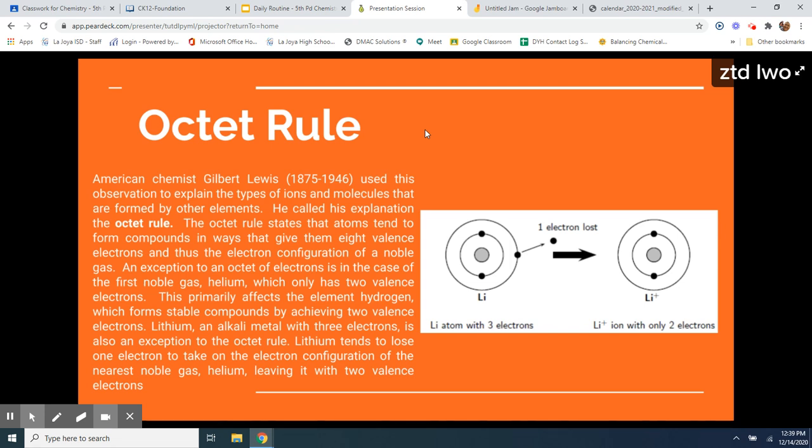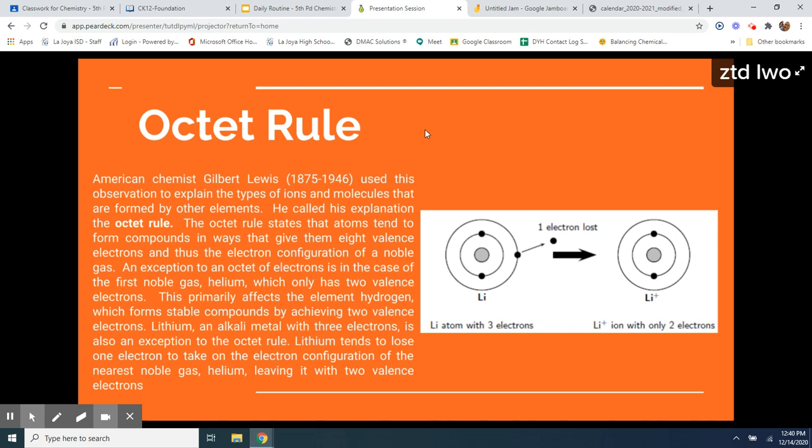Hydrogen and helium don't follow the octet rule because they can't fit that many. They only have energy level number 1, which can only hold 2 electrons. They follow what's known as the duet rule, okay? And this affects another element, lithium. Lithium, an alkali metal with 3 electrons, is also an exception to the octet rule. Lithium tends to lose 1 electron to take on the electron configuration of the nearest noble gas, helium,